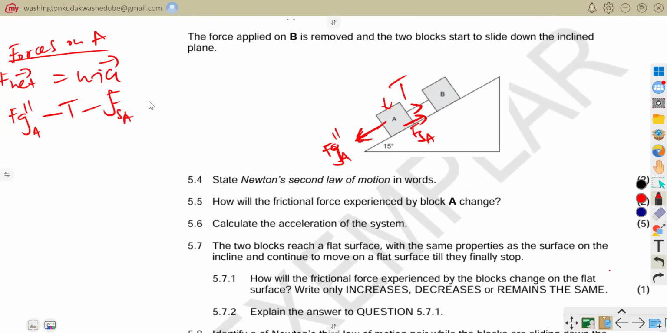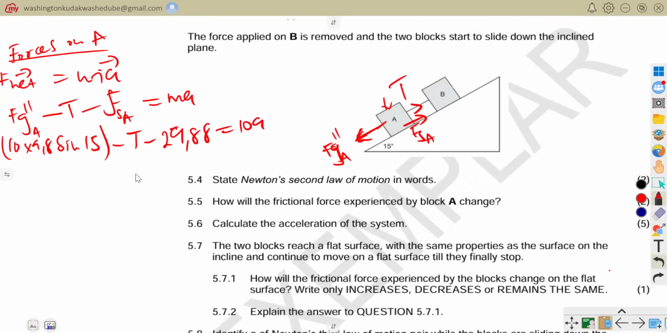That is equal to MA. So here I have 10 times 9.8 sine 15, minus the tension, minus the frictional force here, which remains the same. It will be 29.88 equal to 10A. So I try to make T the subject here. T is equal to, if I say this one minus that one, I would remain with